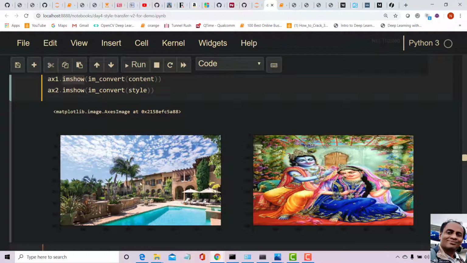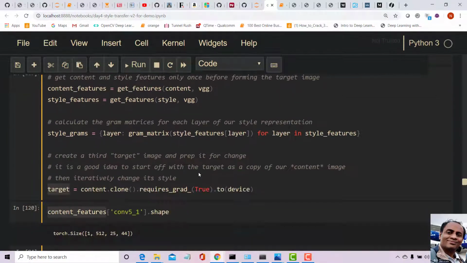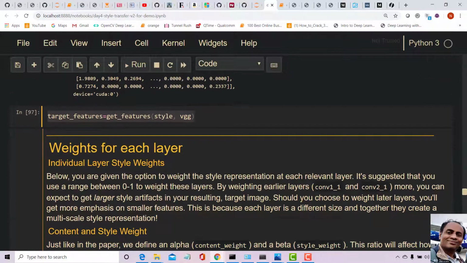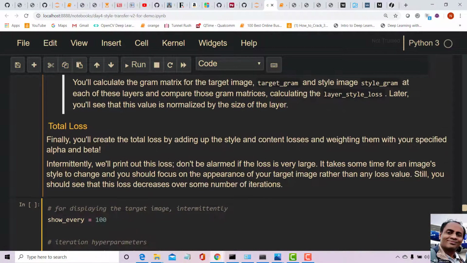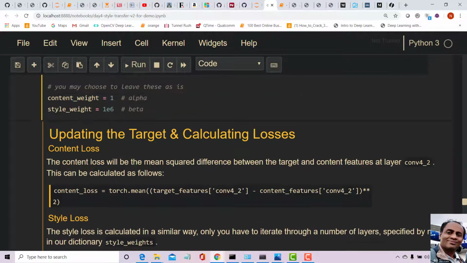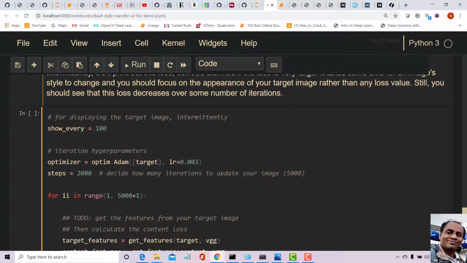So the content loss with respect to this image has to be minimized and the style loss with respect to this image should be minimized. That means we are taking the style from here. I will show you how we do that. And of course content loss plus style loss together has to be minimized. Let's see how we do that.